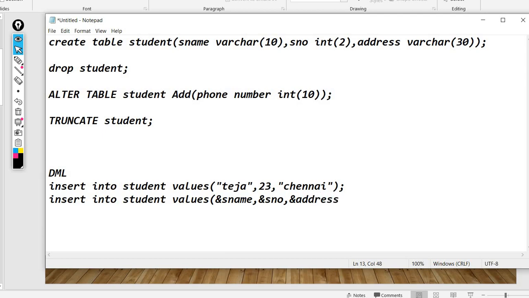Okay, so you can write it like this. If you write it like this, it will prompt you and you can declare your own values any number of times. So that's how you'll do this.